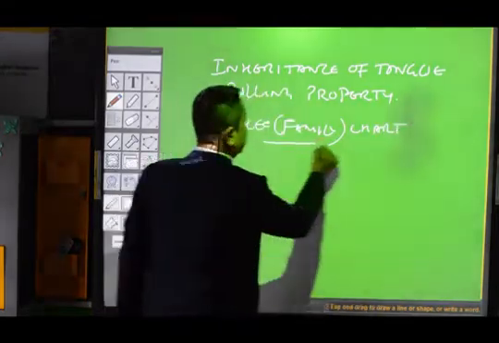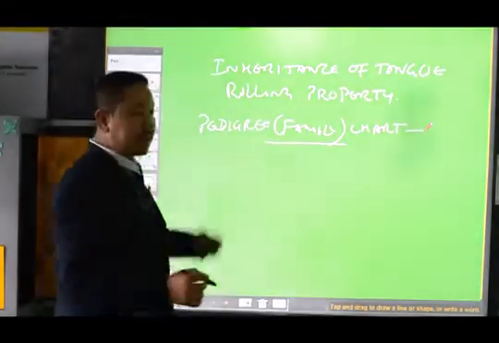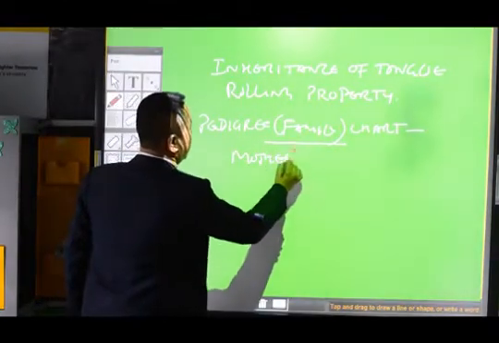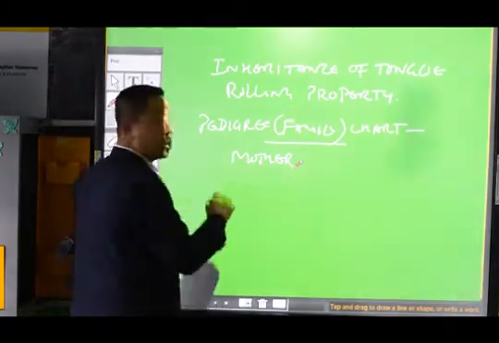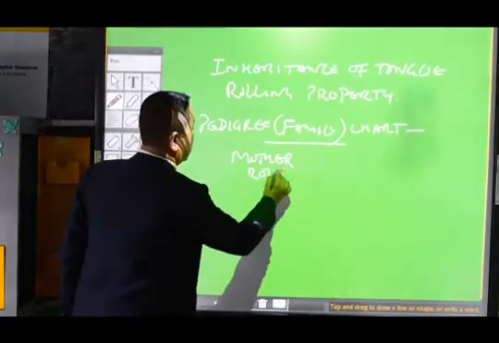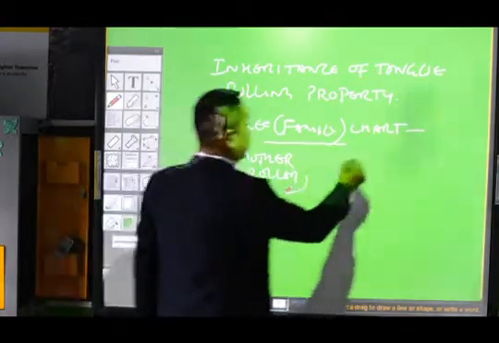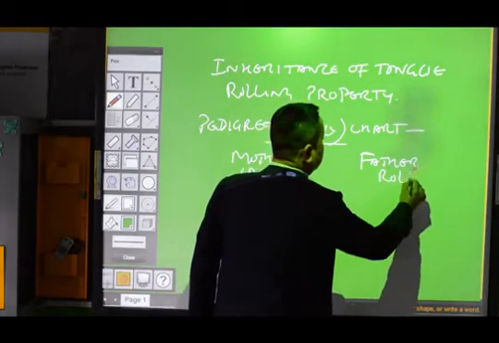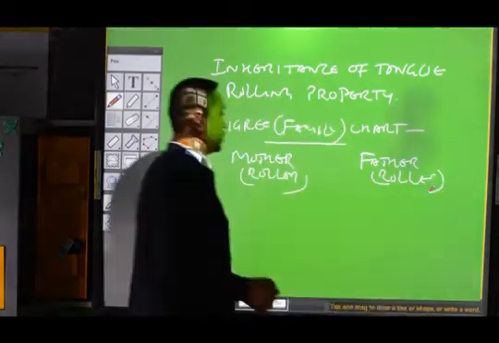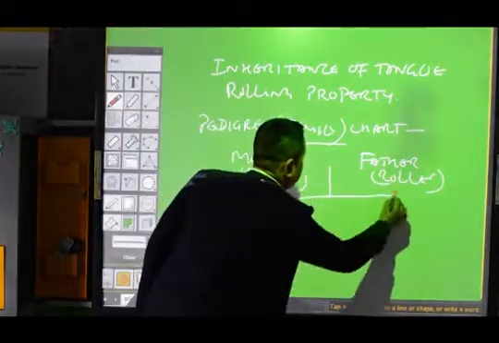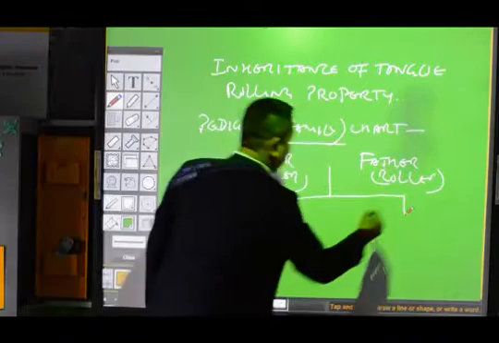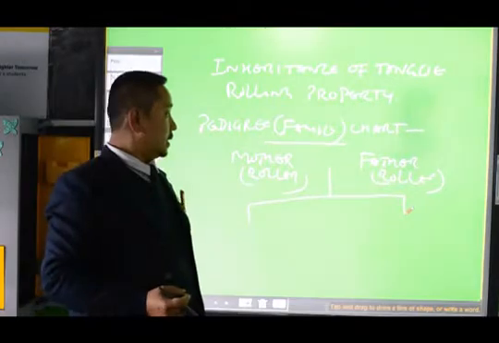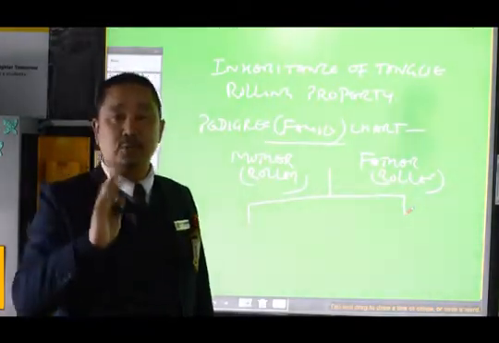So according to this chart, what we can understand is that suppose the mother is a tongue roller who can roll the tongue, and on the other side the father is also a tongue roller who can roll the tongue. If both the parents are tongue rollers, and they are having 4 children,